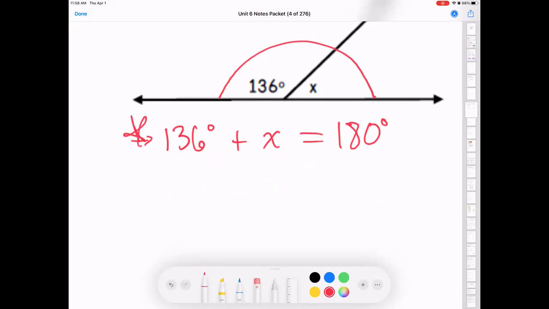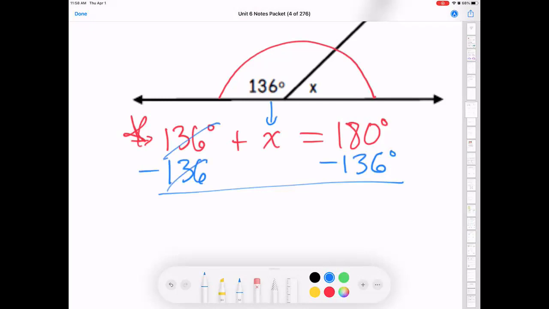Now the goal becomes, well, let's solve for X. Let's get X all alone. And from our warm-ups, we've seen quite a bit of these where we've been crushing it. We want to get X all alone. To accomplish that, we're going to get rid of this 136. So to get rid of it, we are going to subtract 136 from both sides. Here they cancel. X is all alone, all by himself, equals